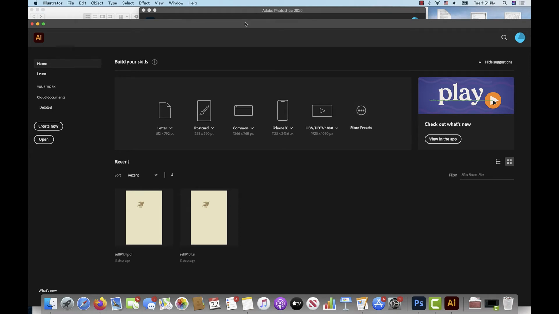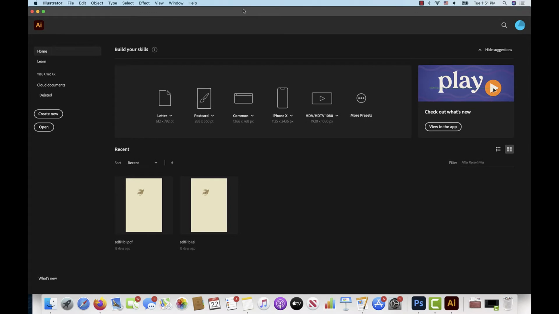Okay, so introduction to Project 2. This is an overview of setting up a file in Illustrator, some basics about the tools, and then I'm going to go into more detail about how to set up your process